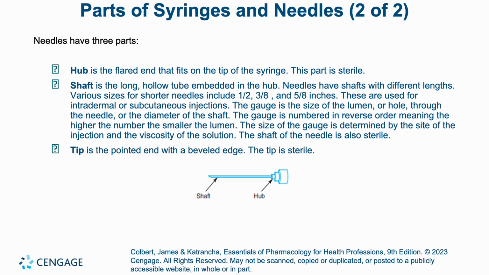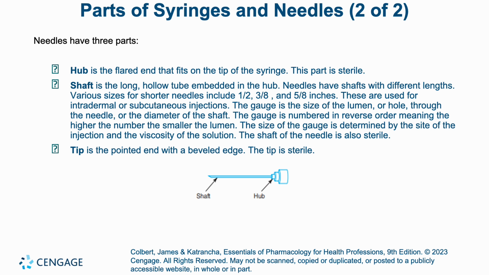The size of the gauge is determined by the site of injection and the viscosity of the solution. So what that is saying is not only does the gauge size change based on need, but it also changes depending on where the injection is going on the body itself, and viscosity, meaning how viscous is the solution. Viscous, think of Jello versus